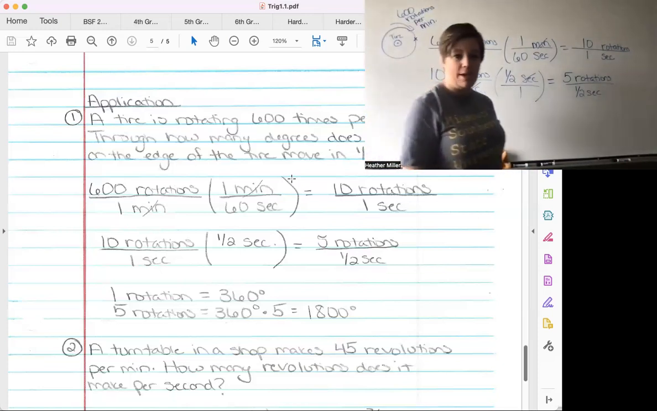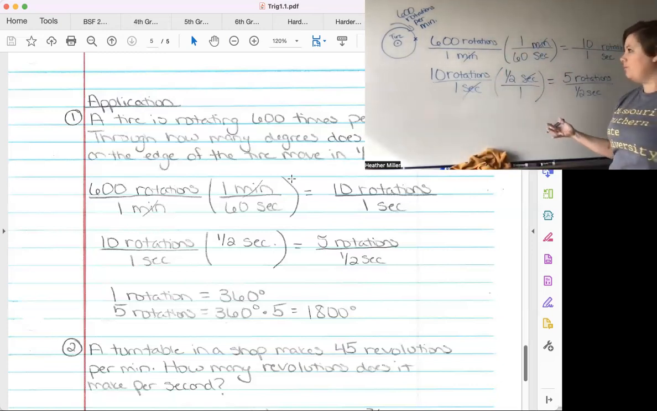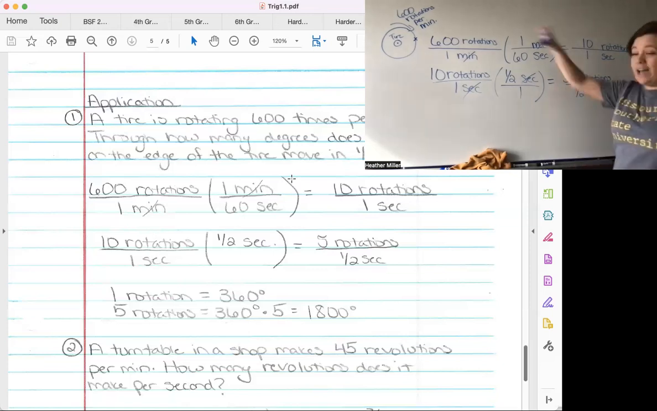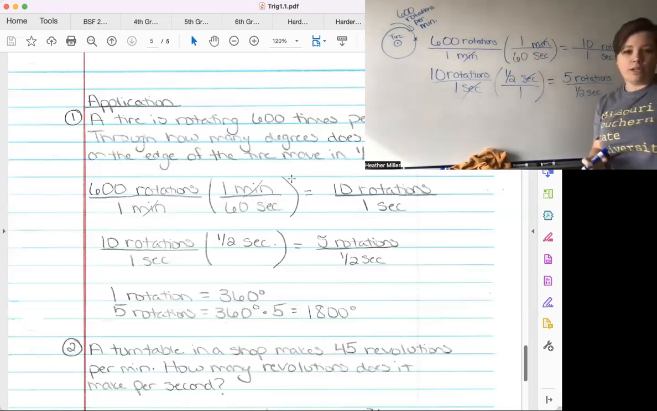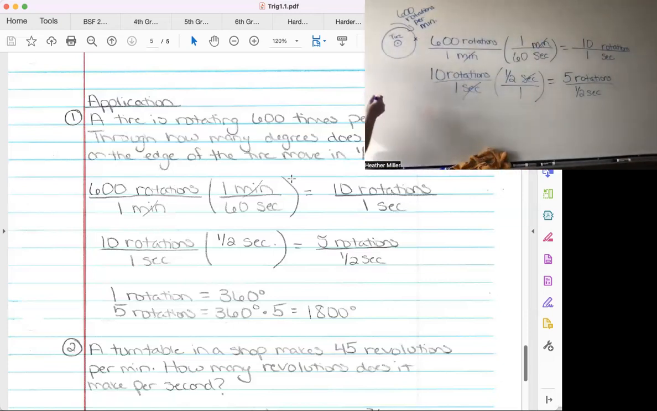Now, that doesn't tell me how many degrees I went through, does it? That just tells me how many rotations I go through. I go through 5 full rotations of that tire in half a second. But what do we know about a circle? I mean, a tire is a circle, right? And so how many degrees are there in a circle? Well, there's 360. So what I know is 1 rotation